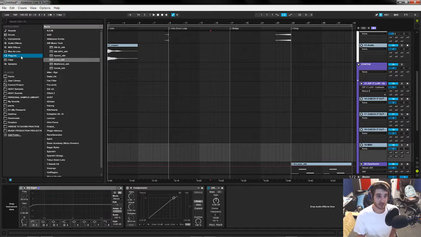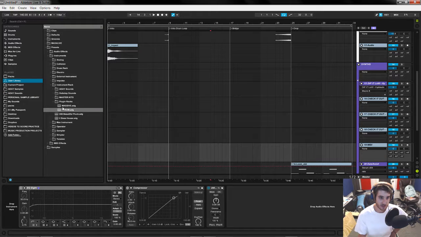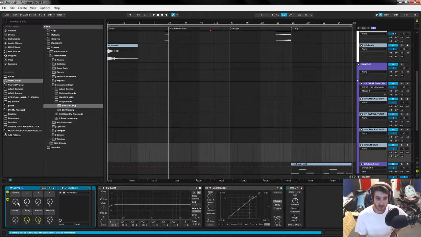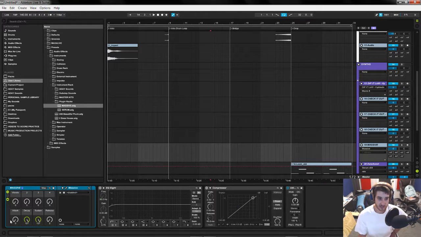Another cool thing that I recently learned just speeds up the process, which helps a lot. So I have Massive and Serum set up in a plugin rack, and I kind of have the macros set up already. So I have vibrato, macro 2, 3, 4. So I could easily automate these without having to go inside Massive. I already picked my main keys: attack, decay, sustain, release, and then 3 macros and vibrato, but the vibrato is set up to macro 1.